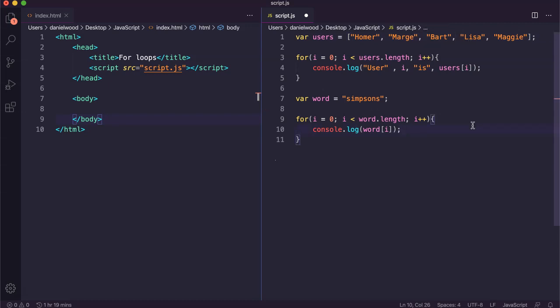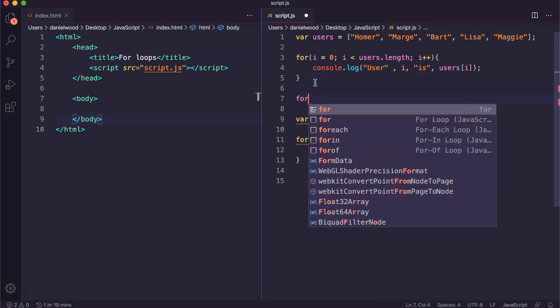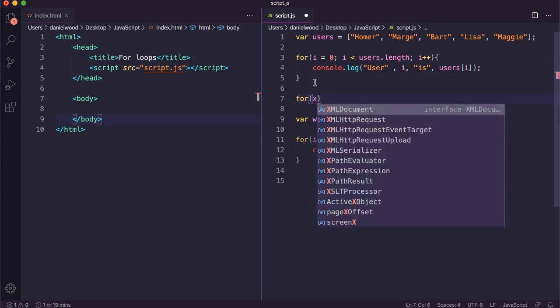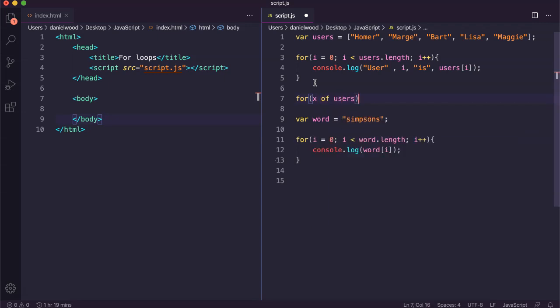Alright, so that's how you use for loops to go through elements in an array and characters in a string. There is one more method I'll just show you, and it's called the for of loop, just before we end this tutorial. So let's say we want to go through all of the users in this array again. What I've got highlighted here, that's one method of doing it. There is another method which is just a bit shorter, and that's the for of loop. So we can say for, and then a placeholder value, we can just call it x, for x of users,